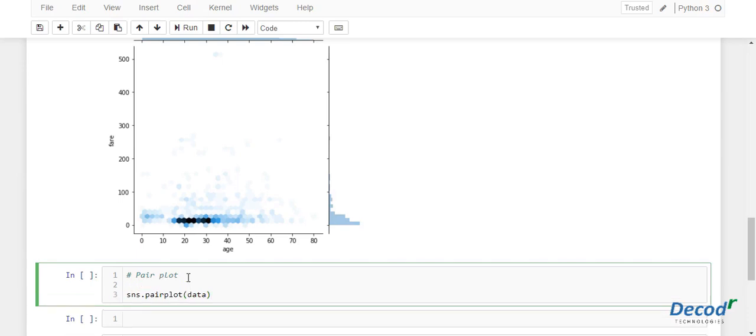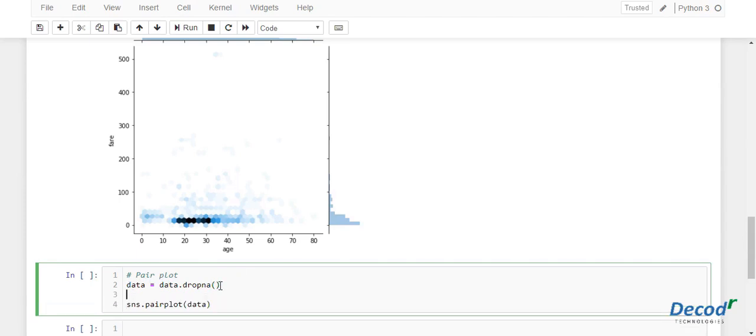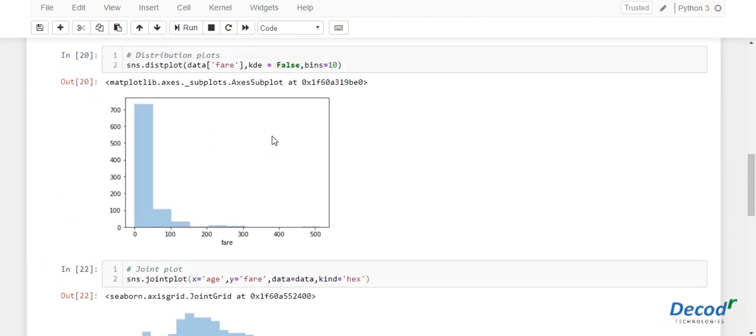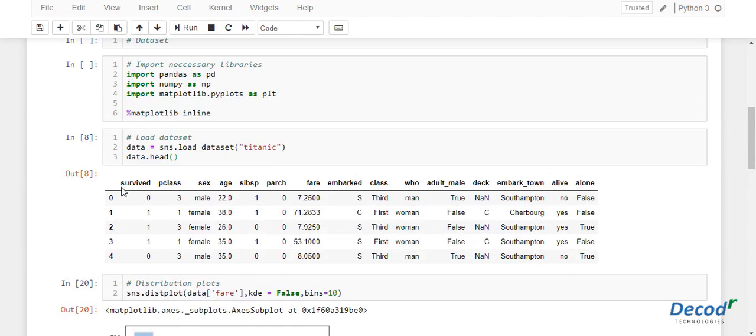Before that, you should make sure that this data does not contain any null value. So let's just drop all the missing values in that particular data frame. So let's just do dropna. So this is gonna drop all the rows with a null value in it, and let's not take all the columns, let's take only a few columns like survived, age, fare.